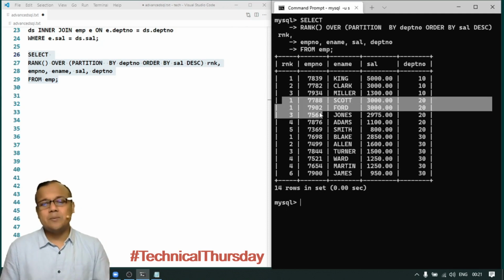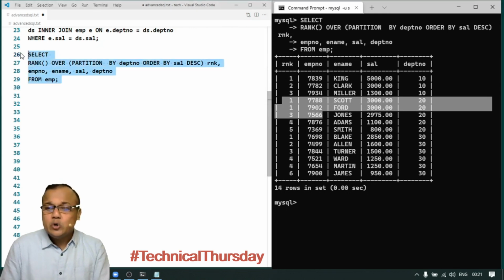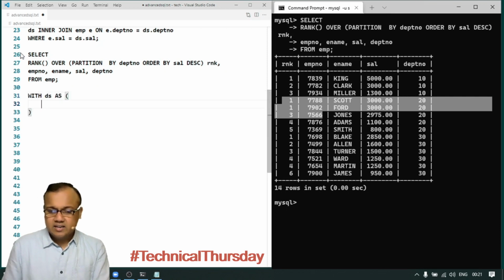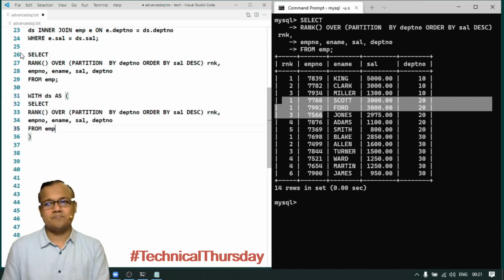Here we can combine the window functions along with a common table expression. This whole window function query, I can put into a CTE by using WITH, some CTE name, AS, and I'm putting this whole query there.